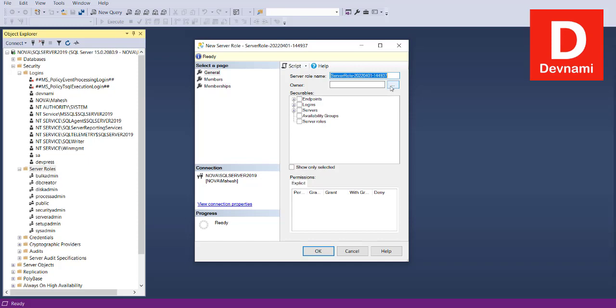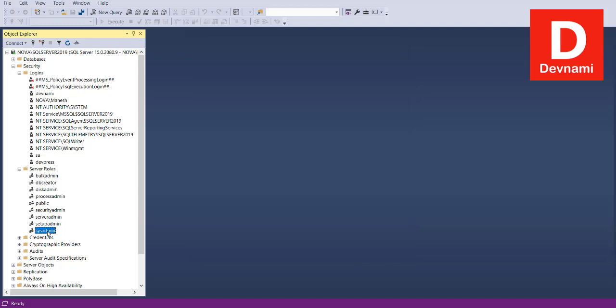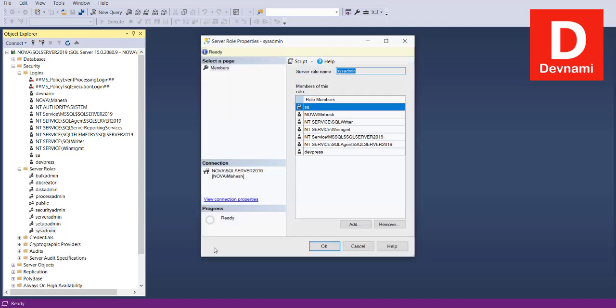Also, you can add an owner, accept the permission, and then add that role, right? Here, as you can see, if we check sysadmin and check its properties, you will see some of the members getting access to this particular role,